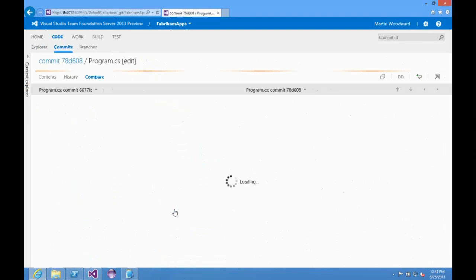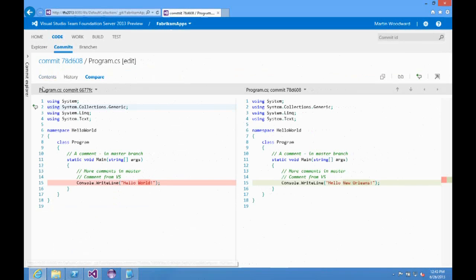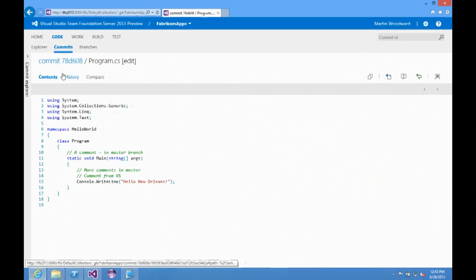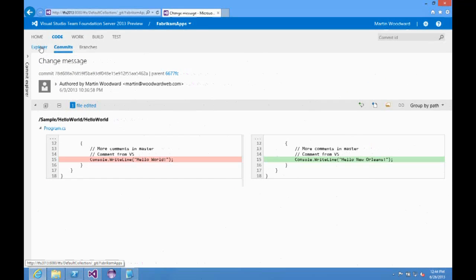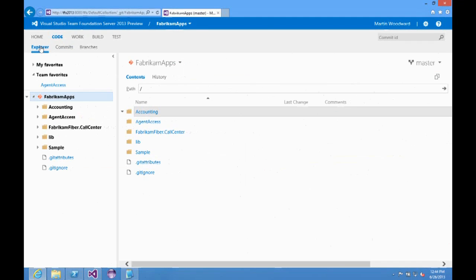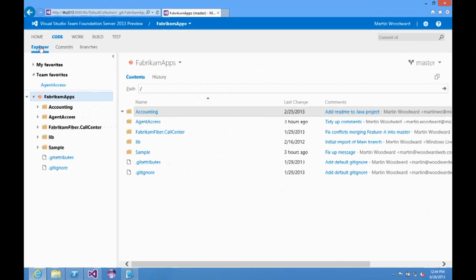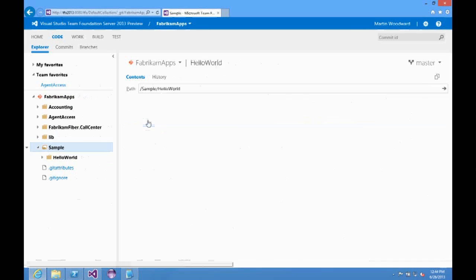The messages, the inline diff is still there. So I can go in, have a look at the contents of the commit if I want to. It's all just the same interface that you're used to and you'll train your users on just using Git version control. So I'm going to go back actually and go look at that file again,